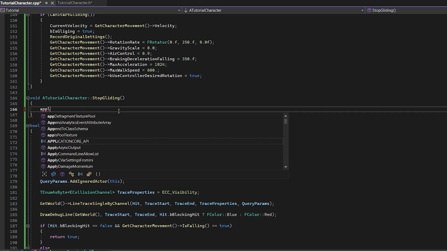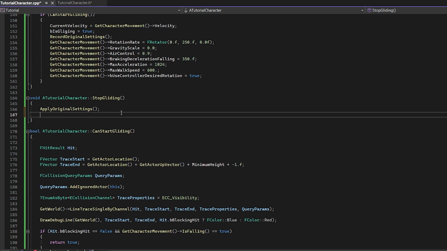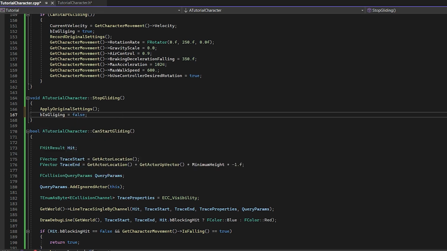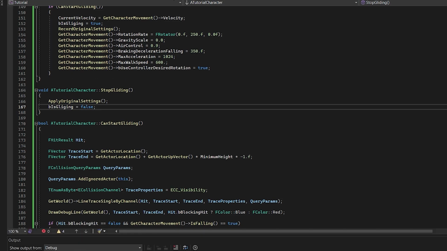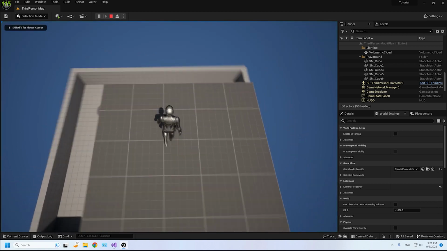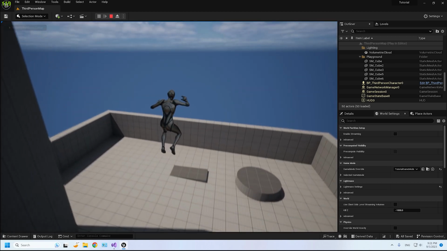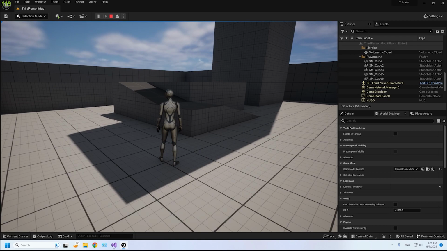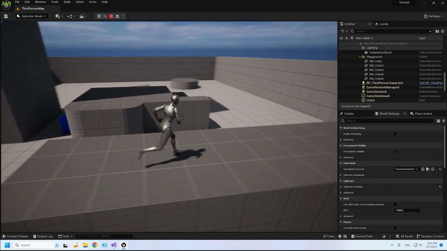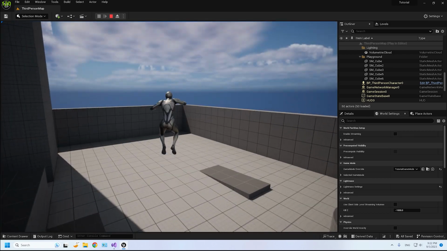In the stop gliding function, we will call this. So ApplyOriginalSettings, and also we want to set bIsGliding to false, and that should be it. So we are able to toggle the gliding. So let's stop this, save everything, and run the debugger. So now if I start falling and press F, I go into gliding mode, and if I press F again, everything goes back to normal, so I'm not floating around anymore. But if I press F again, I start floating,